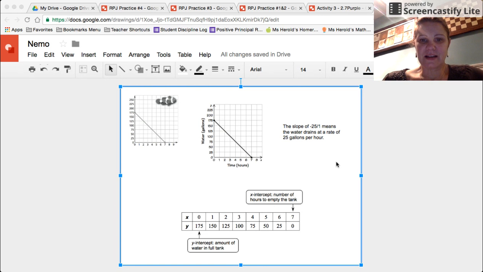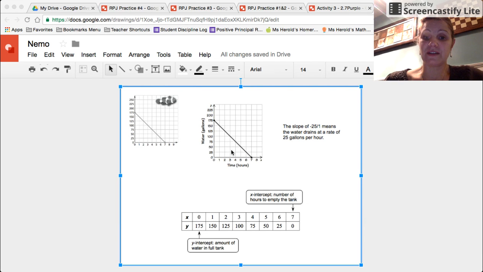Let's talk about the activity that I had you read in your RPJ. This first one, you see the little fish Nemo up there. So essentially, we're looking at how stories relate to graphs, and so I'm asking you to take a look at the graph that they made in this particular situation. They suggested a story. It could be that there's 175 gallons in a tank and it takes